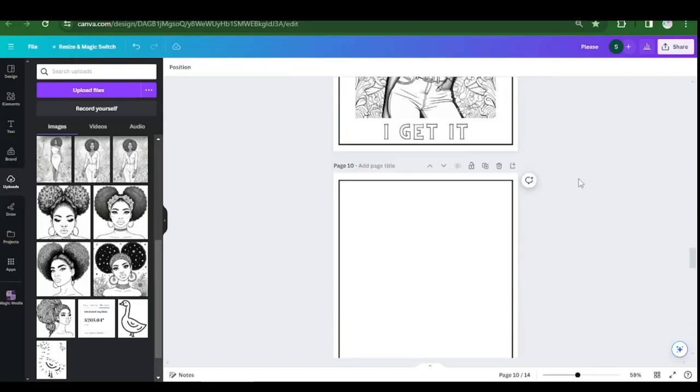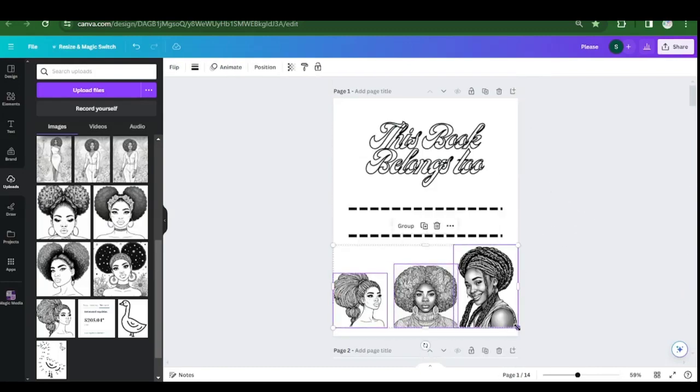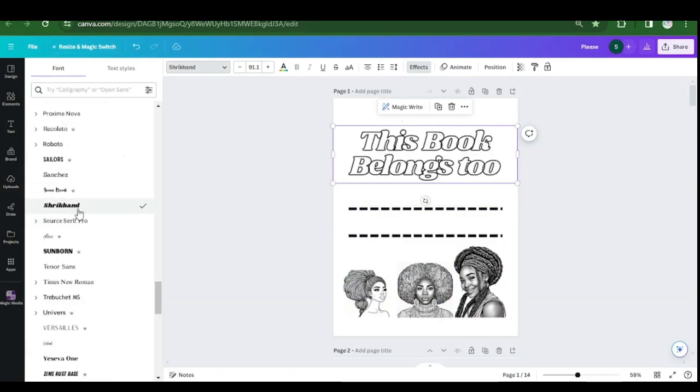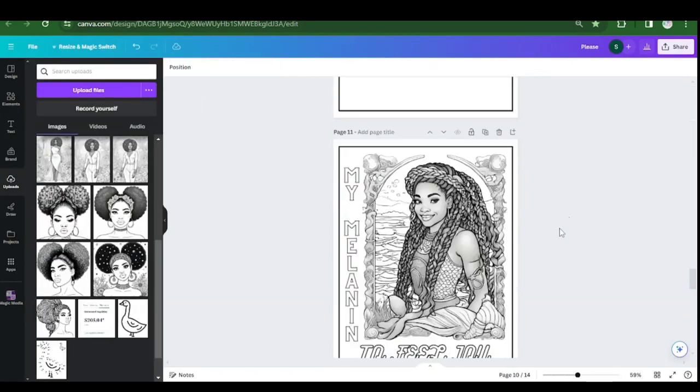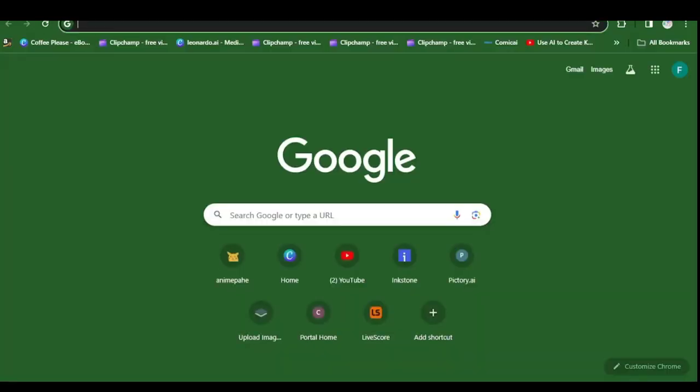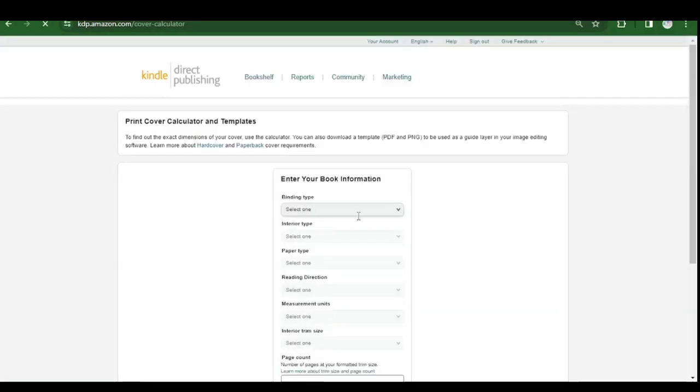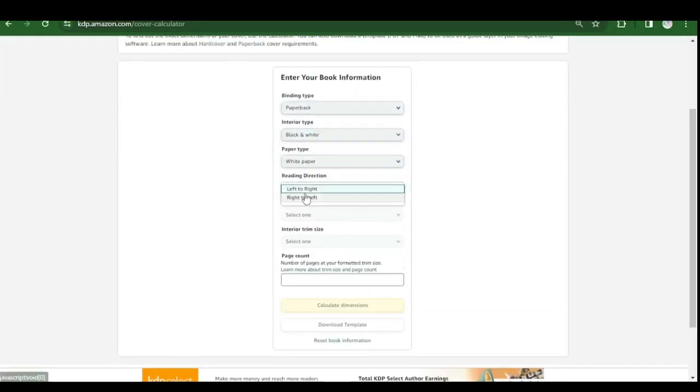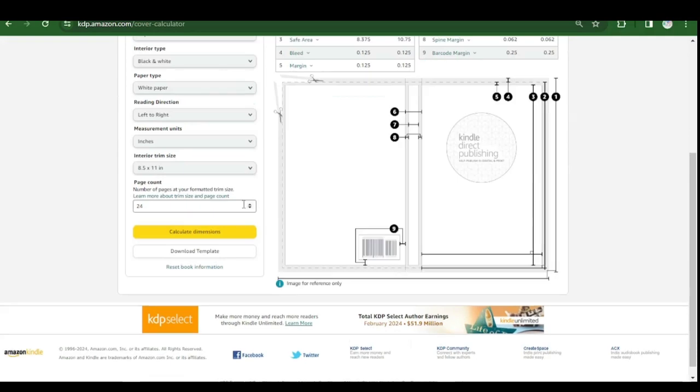So next thing I'm going to do, I want to show you how you can create your KDP book cover for this kind of book. So I'm going to head over to the KDP calculator to calculate the size of my book cover. Then I'm going to use